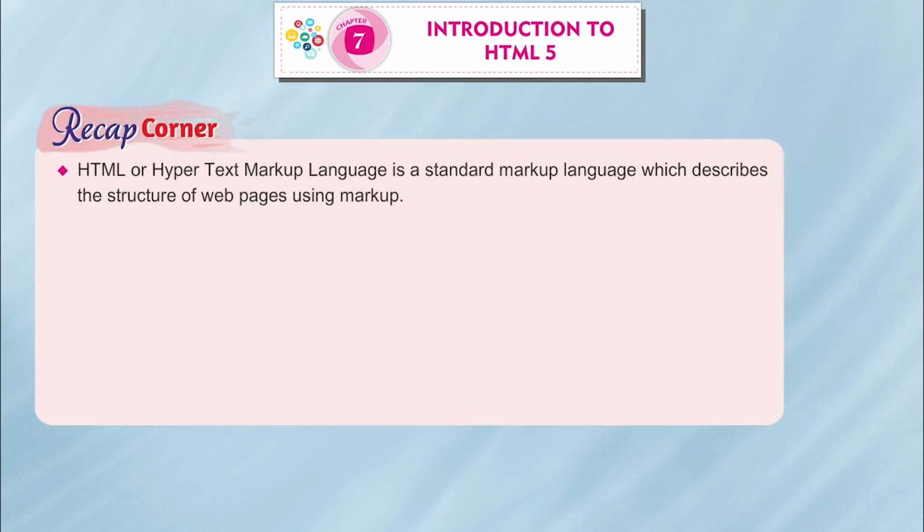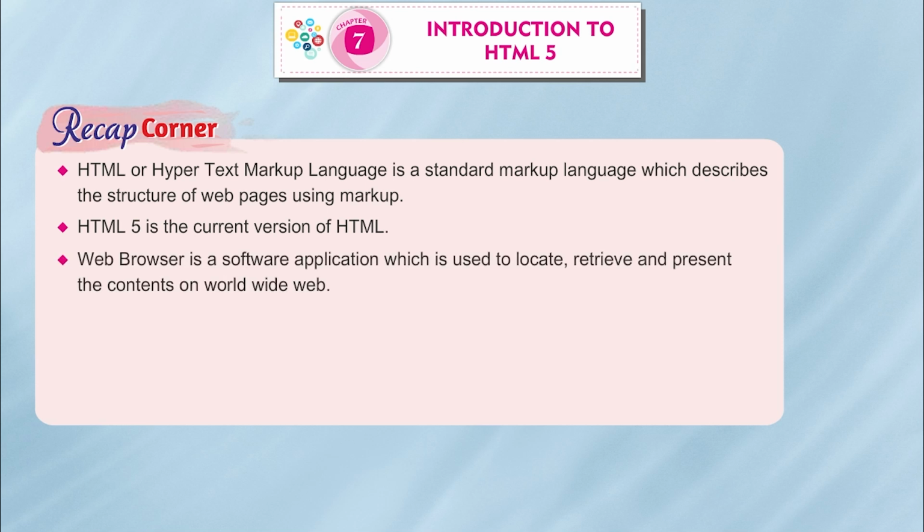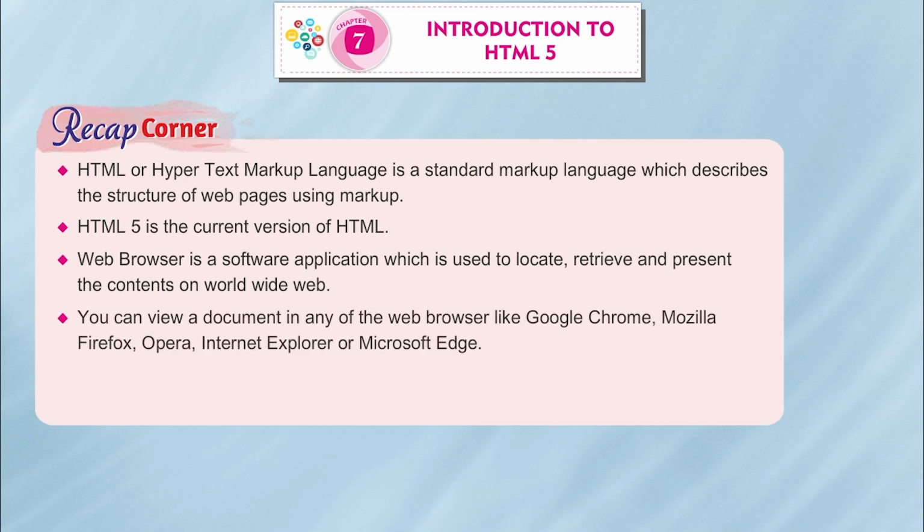Recap corner. HTML or HyperText Markup Language is a standard markup language which describes the structure of web pages using markup. HTML5 is the current version of HTML. Web browser is a software application which is used to locate, retrieve, and present the contents on the World Wide Web. You can view a document in any web browser like Google Chrome, Mozilla Firefox, Opera, Internet Explorer, or